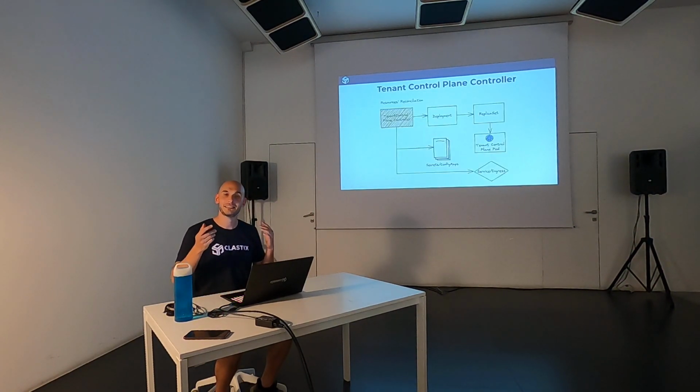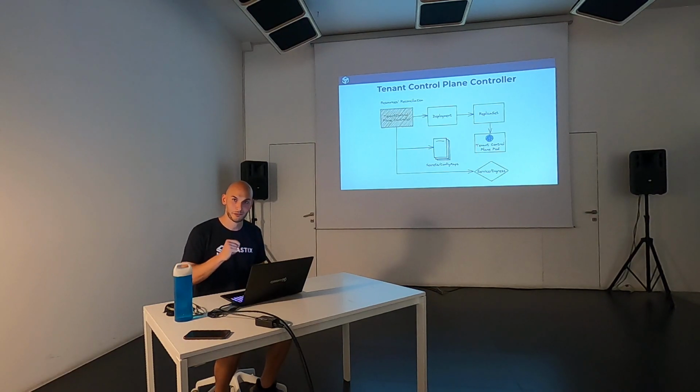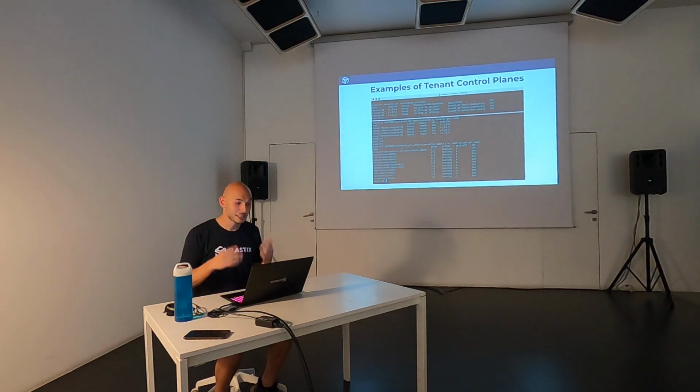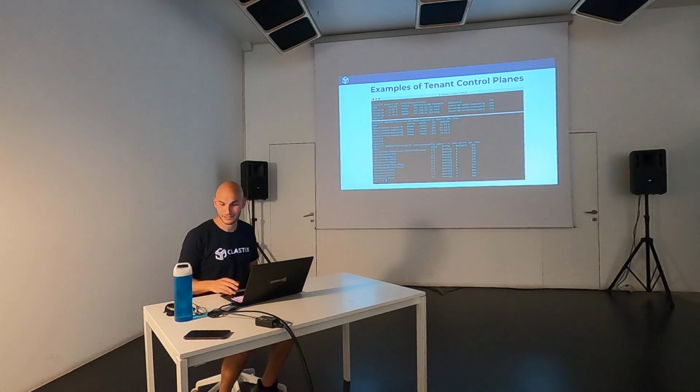And keep in mind that this is the diagram of what's happening when we deploy a tenant control plane. So with the definition of the tenant control plane, we are ending up with a deployment. The deployment is spawning a replica set, and the replica set is kept busy spawning pods that are mounting secrets and config maps, and then exposing the application using service and ingress. It's like a normal application. It's like a WordPress or any application that got a database and front end or back end or whatever it is. And this is the result, but I don't think that you can see that properly.